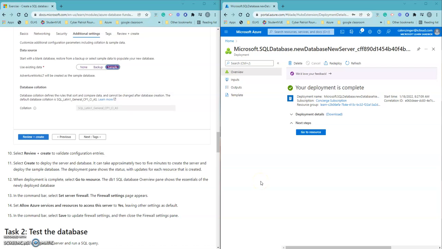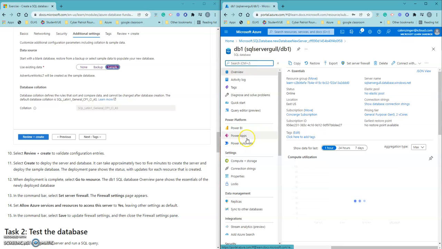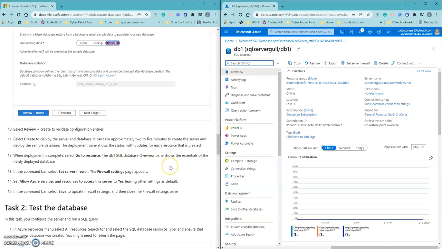Okay, the deployment is complete. So now the resource pops up. So go to resource, and then the overview pane right here shows the essentials of the newly deployed resource. Then in the command bar, we're going to want to set the server firewall. So that's right up here, it's the command bar,